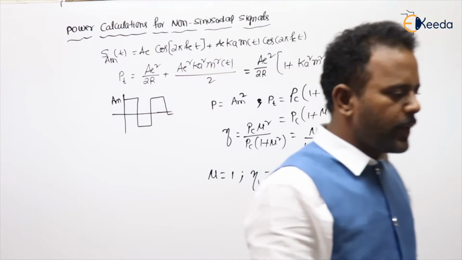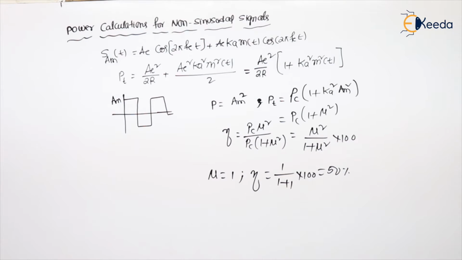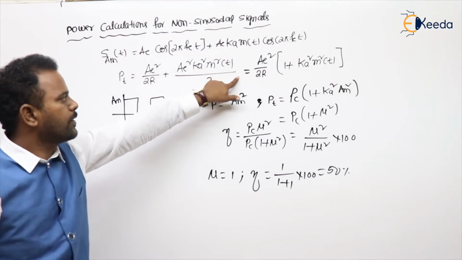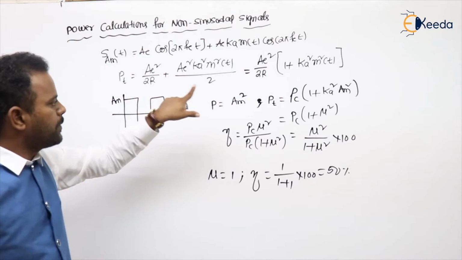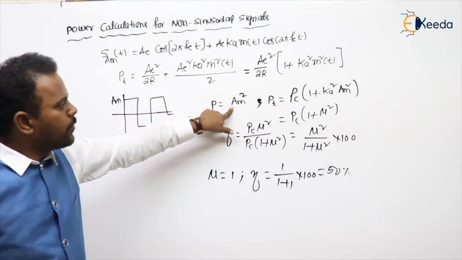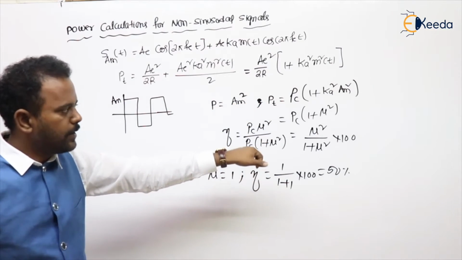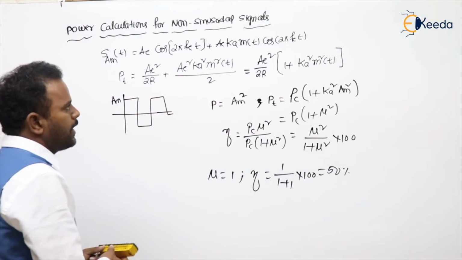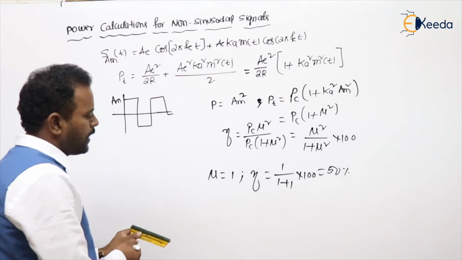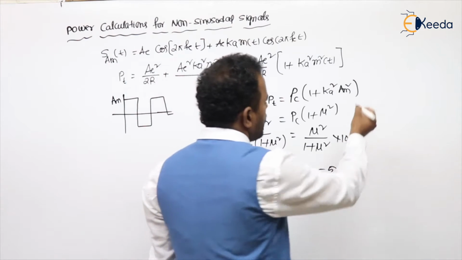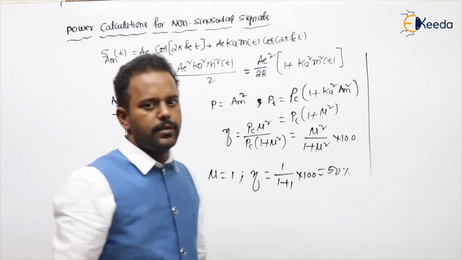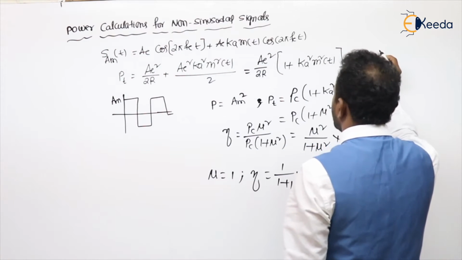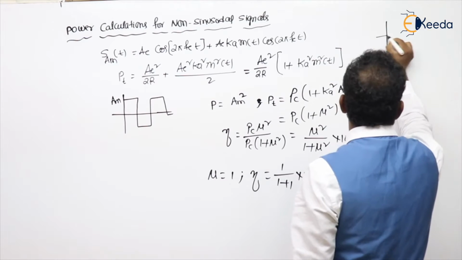I take a general expression. From the general expression I showed you, I calculated the general formula for power. For the square waveform, the RMS value is the same as the amplitude, and I substituted that RMS value. Now, in a similar manner, I also want to do it for the triangular message. Are you getting my point? What is the triangular message?